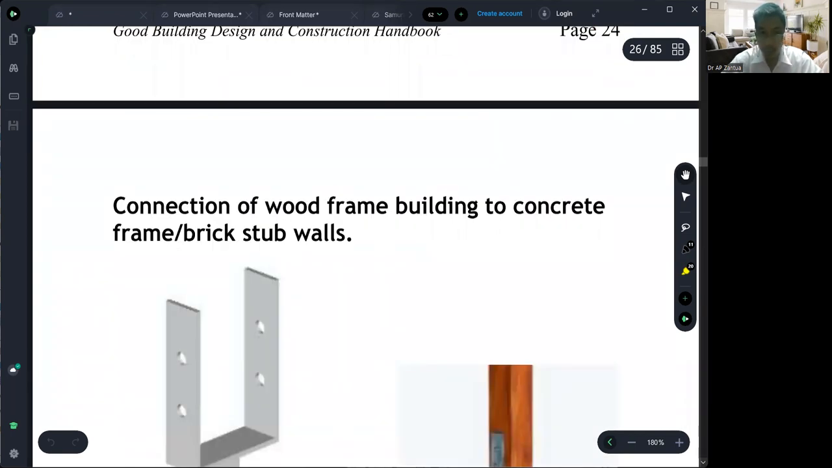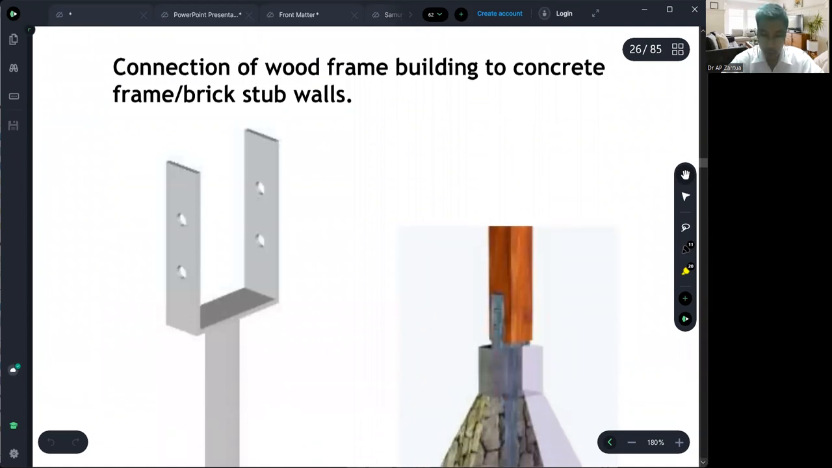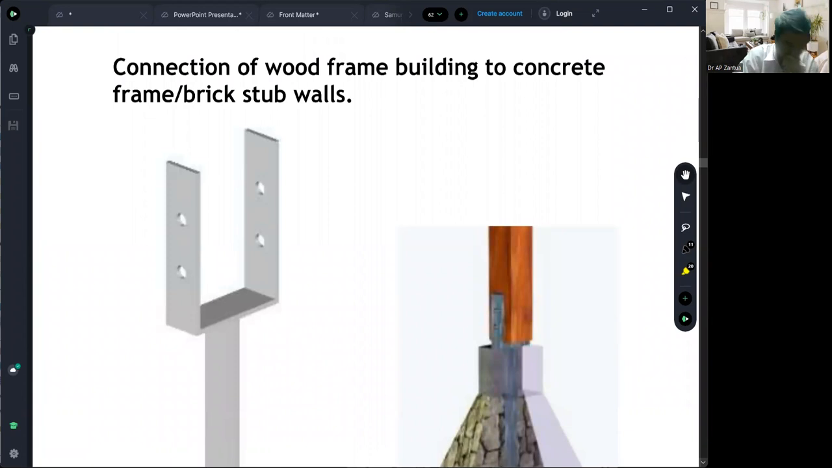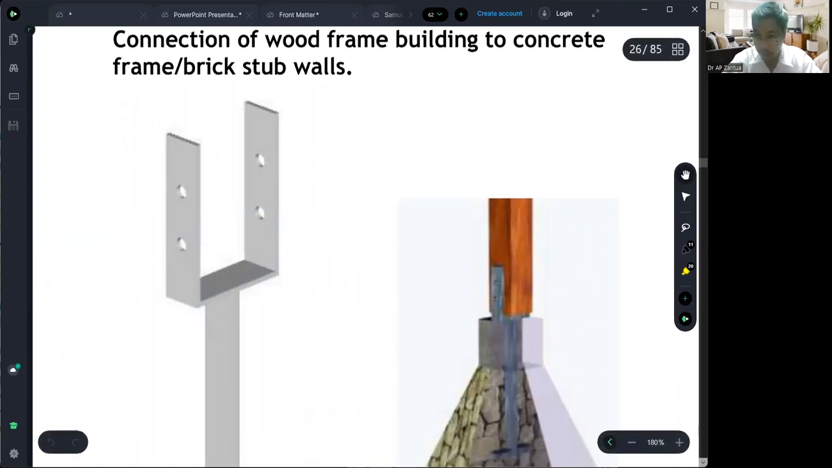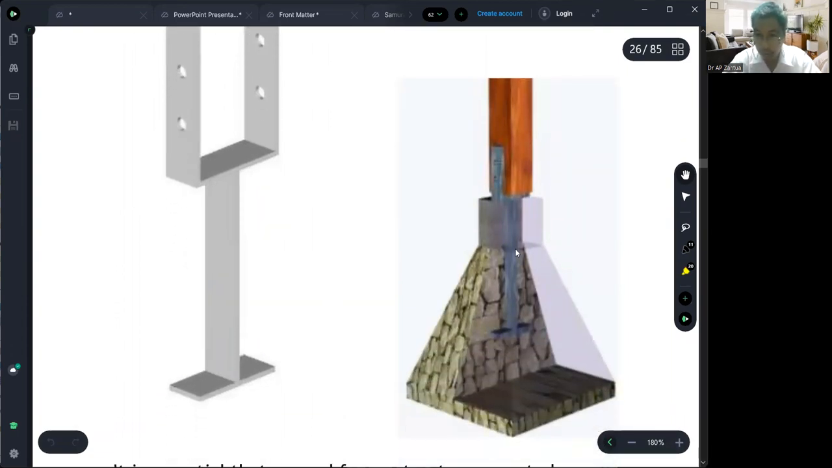Next slide, we have connection of wood frame to the concrete structure. Excuse me. So how do we connect other types of materials into our concrete elements? So we have the following sample. We have brackets. We have here, this is how to connect our concrete to a wooden post. Okay, that is called post rather than column. Okay, wooden post